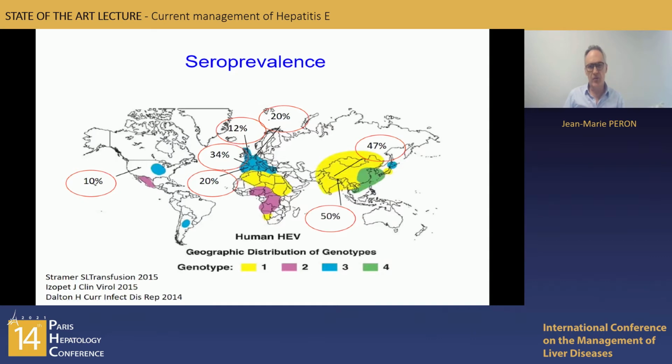This is data on the seroprevalence of HEV. And as you can see, it varies greatly worldwide. You have some hotspots here in Asia, in particular Nepal and Tibet. And you have around between 10% and 30% seroprevalence in Europe, and a little bit less, 10% in the United States. But what's interesting is that if you go and look at what's going on in one country, for example,